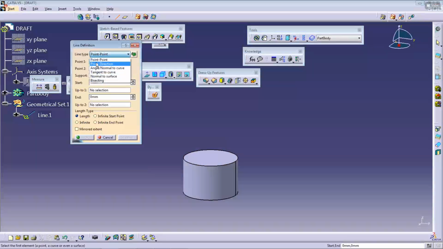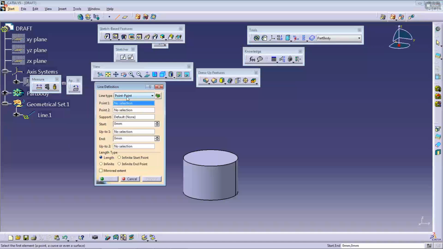So these are the variety of options. Take a screenshot of these line types: point to point, point to direction, angle normal to curve, tangent to curve, normal to surface, and bisecting.